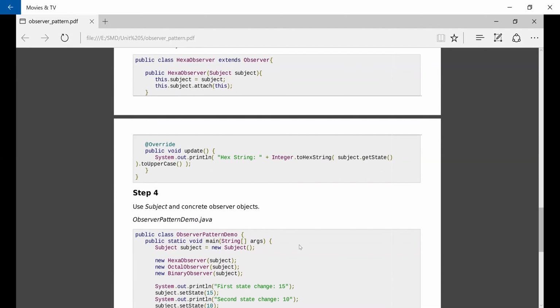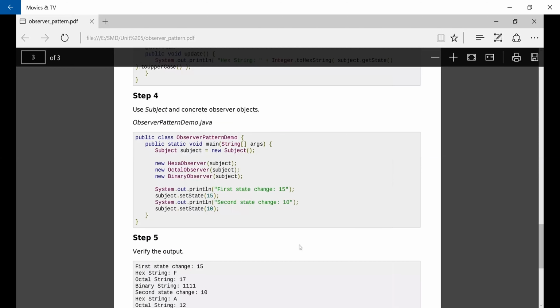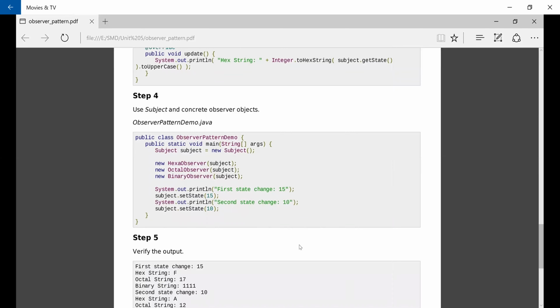Step four: use the subject and concrete observer objects. In ObserverPatternDemo.java, public class ObserverPatternDemo, public static void main, a subject object is created with new Subject, then new HexaObserver, new OctalObserver, and new BinaryObserver, with the subject passed to each.